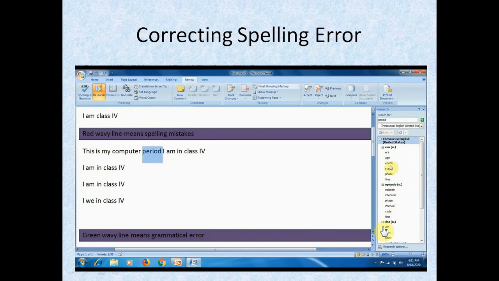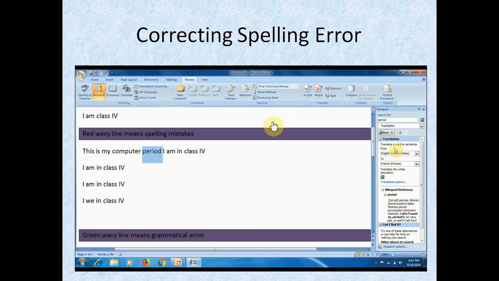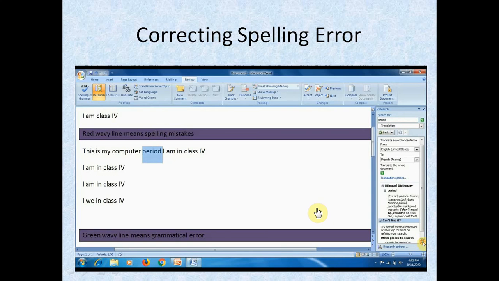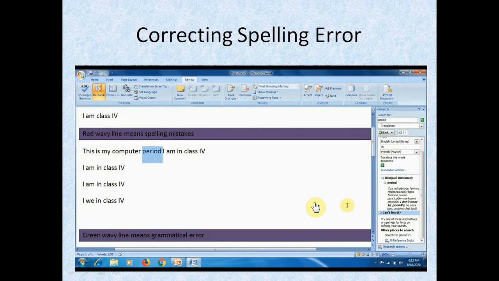Okay, so period means here are given phase, time, age. Similar meaning it is giving, so you can find the similar meaning of the word. When you select the word, click on Thesaurus to get the similar meaning. Okay, and about this also you can know. Now let's go to the next video.